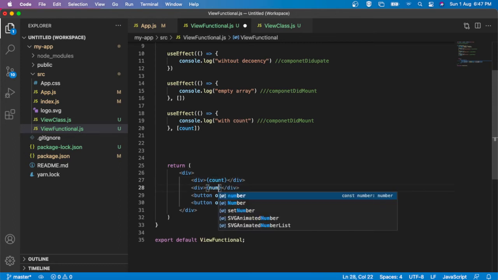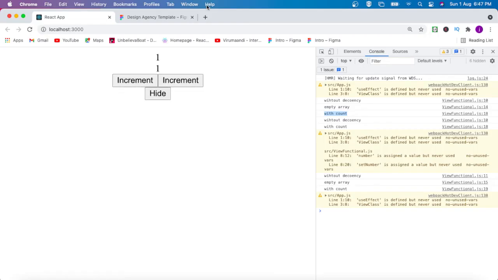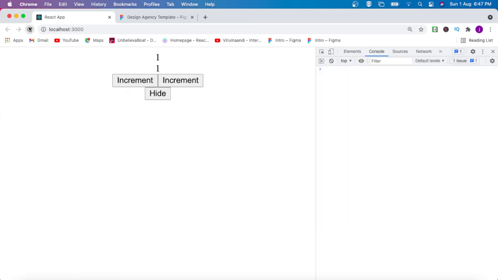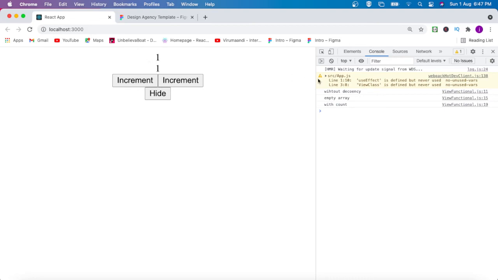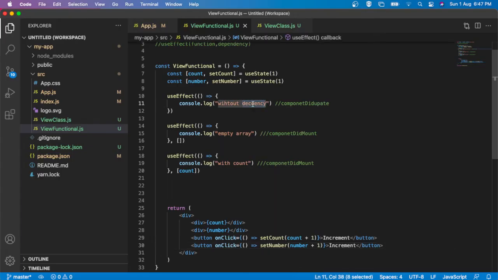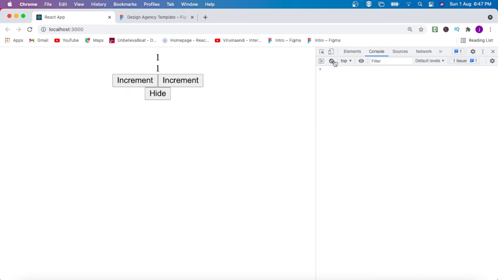For setNumber I am just adding number plus 1. Now let's check once more and see what happened. I refreshed. "Without dependency" is calling, and "with empty array" is also calling.